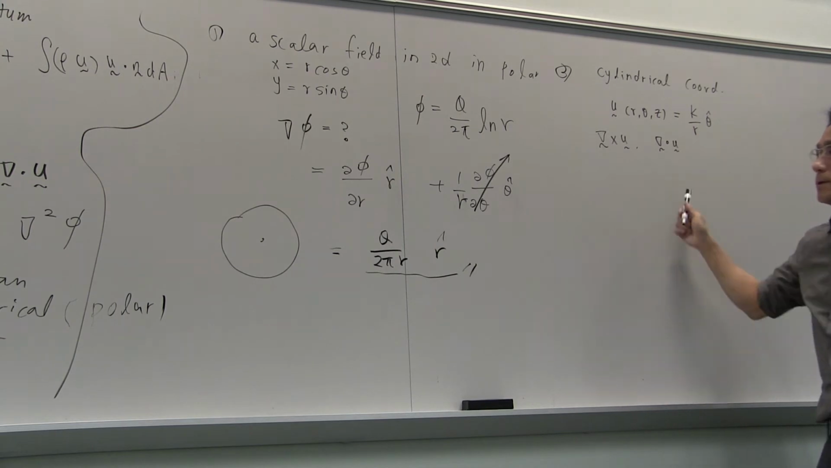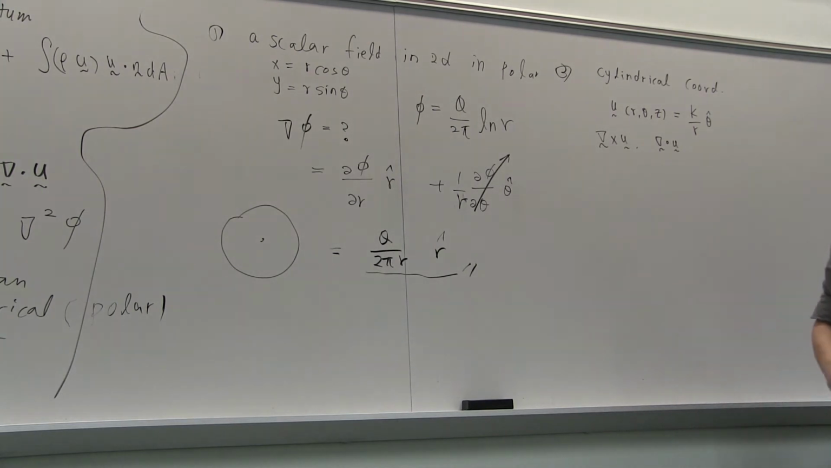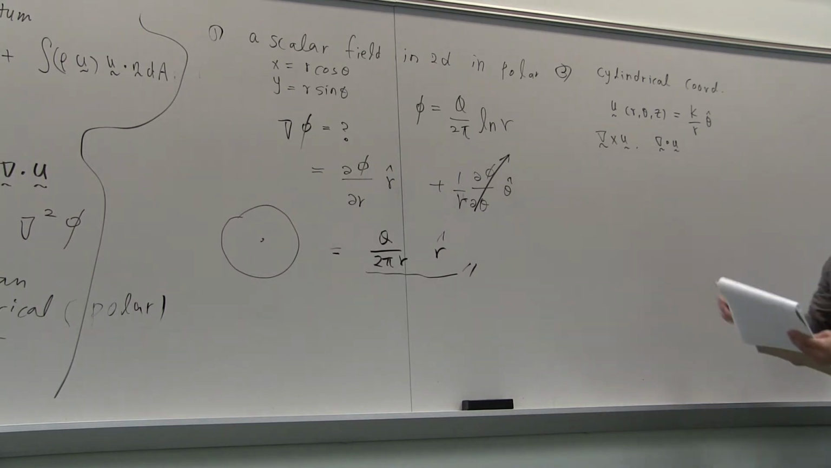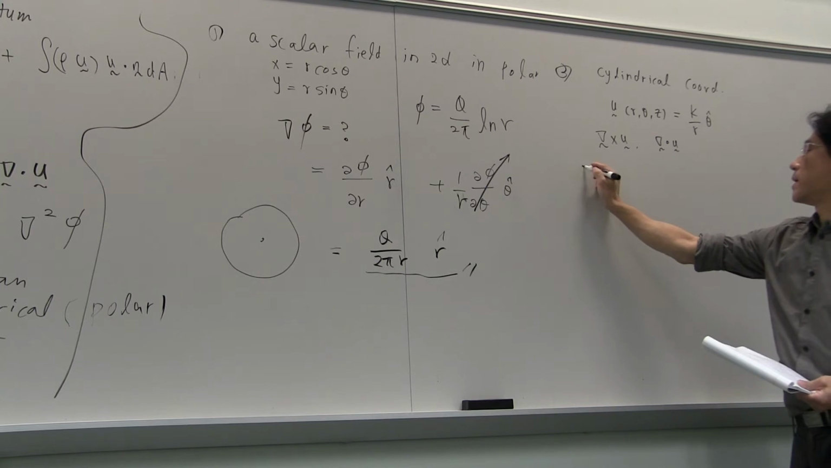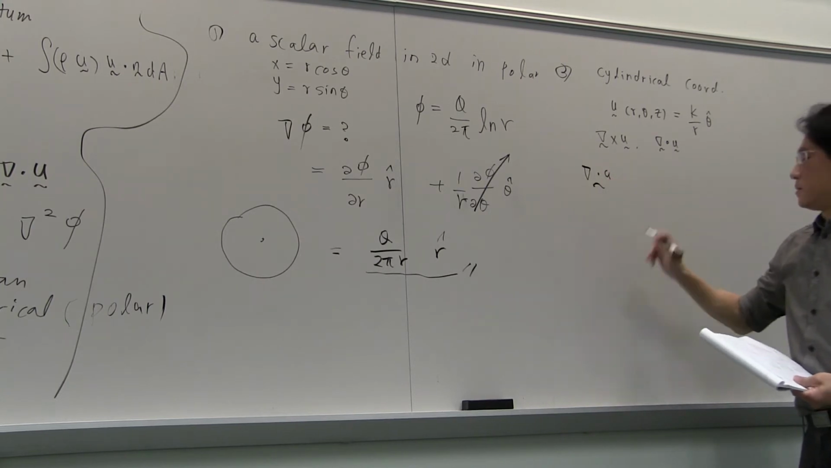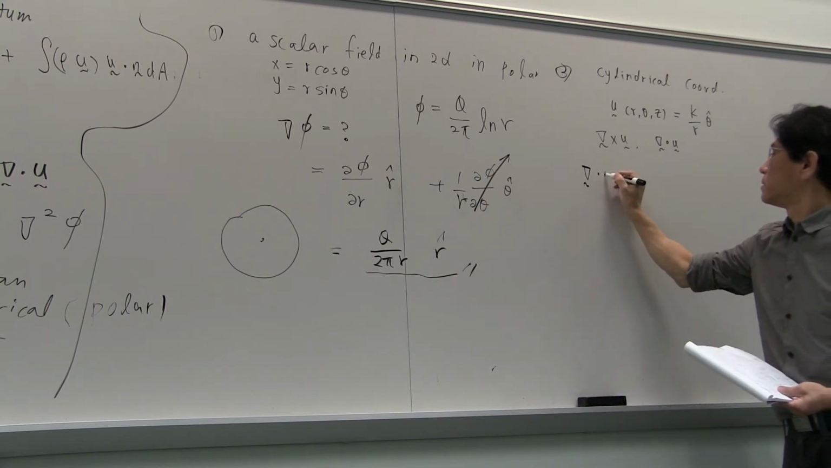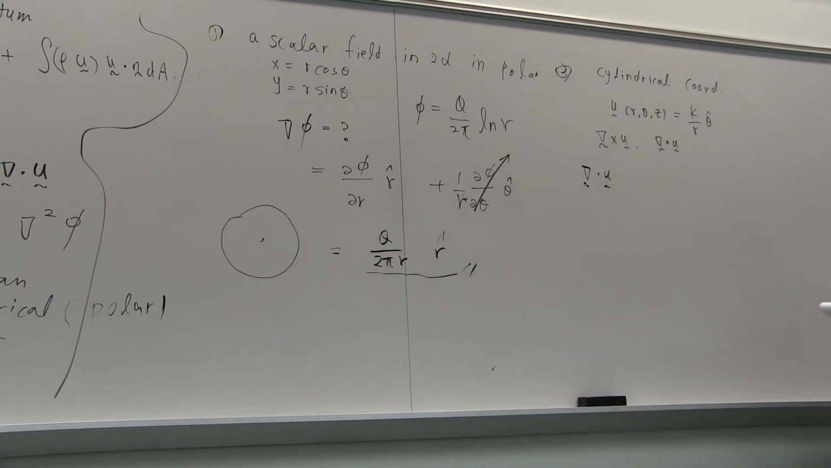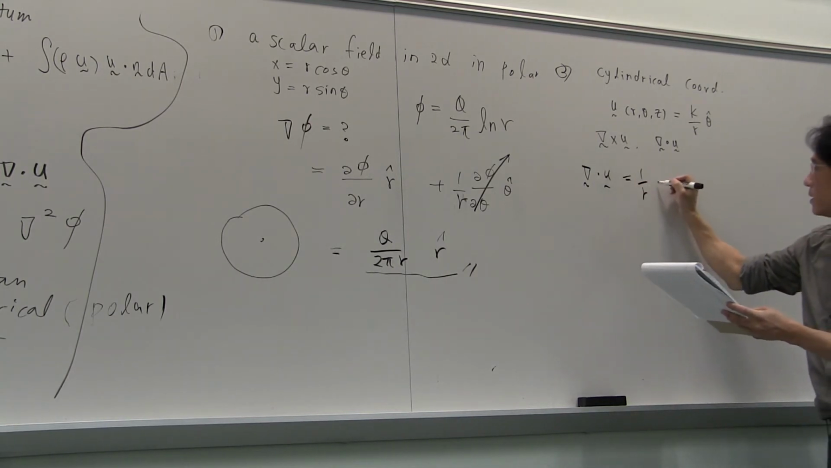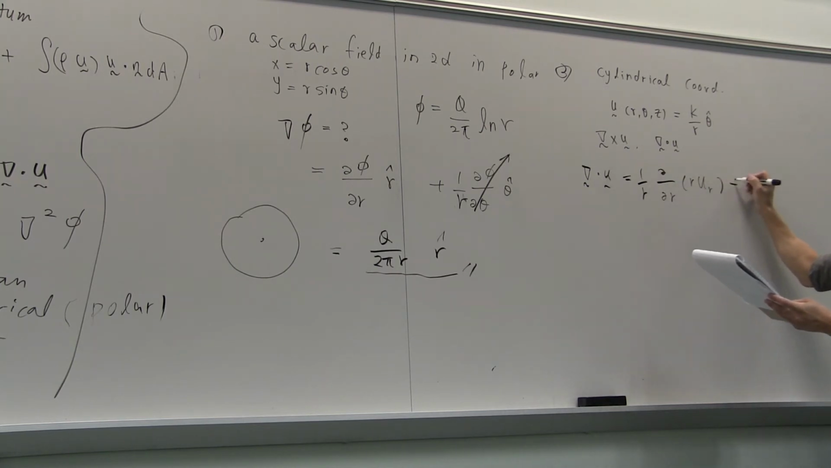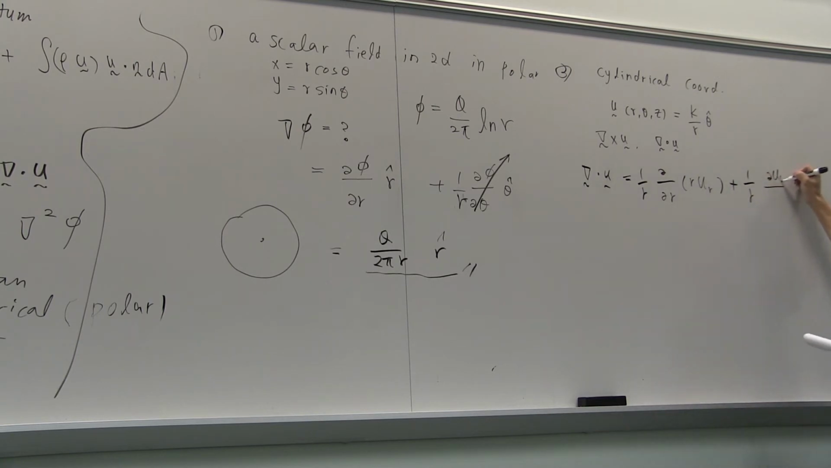So you should start with the formula in cylindrical coordinates, right? Let's start with divergence u now. So divergence u is equal to 1 over r d/dr of (r u_r) plus 1 over r du_theta/d theta